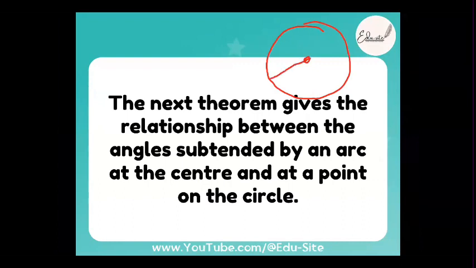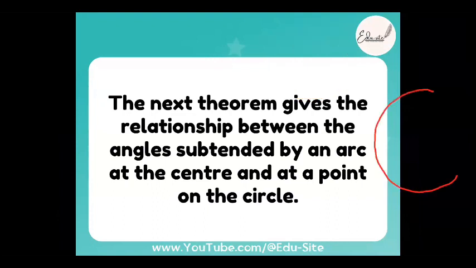If you have a circle and if this chord subtends some angles, what did we say? It subtends equal angle at the center, right? If you have equal arcs, then it subtends equal angles at the center. Now the next thing that you're going to study is, if you have a circle, okay, if you have a point, if you're going to draw this arc, fine,